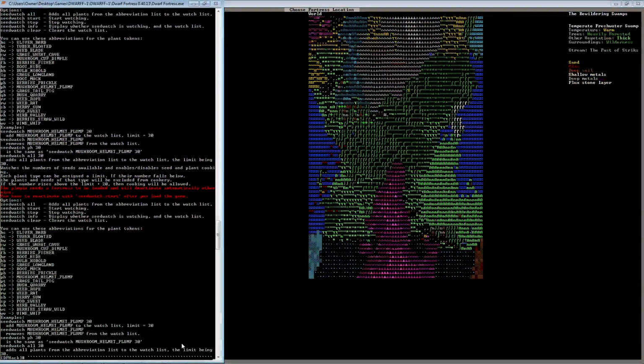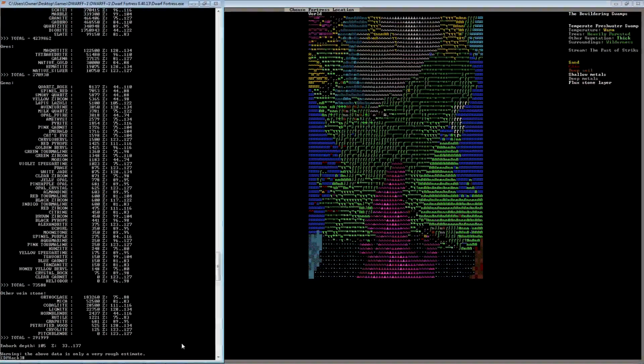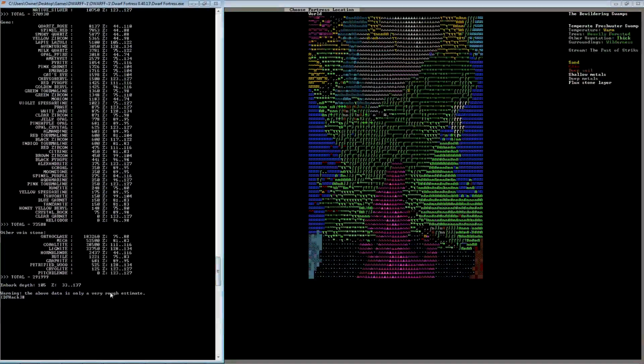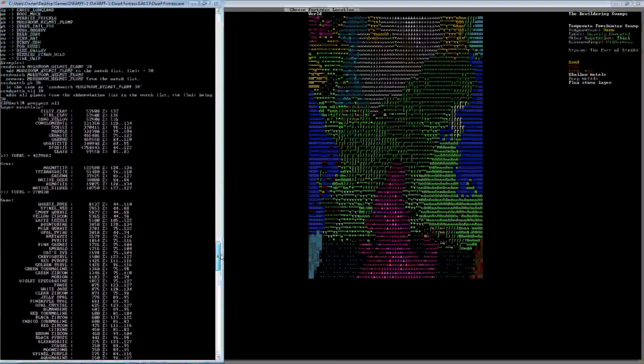The tool we'll use is called Prospect. Prospect will give us a readout on what we can expect to find in terms of material resources on site when we embark. Now, before embark, it's just an estimate, but it's a pretty good estimate. So we'll use Prospect all to get a listing of all of our resources. Now, this isn't really everything because it's pre-embark, and as it warns you, it's just an estimate. There's potentially some fuzz. There might be a different amount of some of these things, but